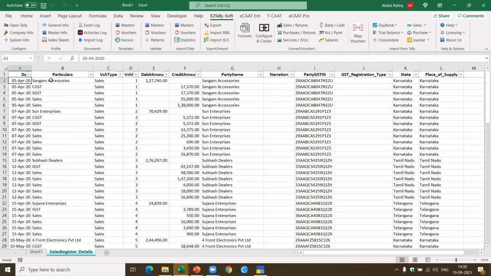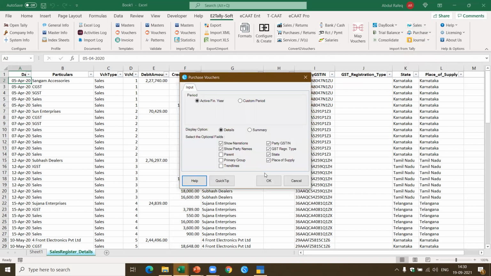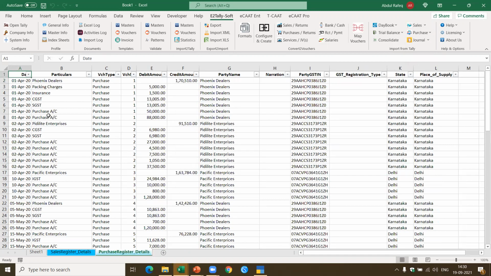Okay, now let's say I want the purchases. Now, like this, I got for extract columnar. I can also get the sales as per the columnar. I want to show you the purchases. Let's say I go to purchases and I say I want purchase vouchers. Now, this should be much faster, I say okay, because we have a limited number of purchases. Now, you see here, I got these purchases.